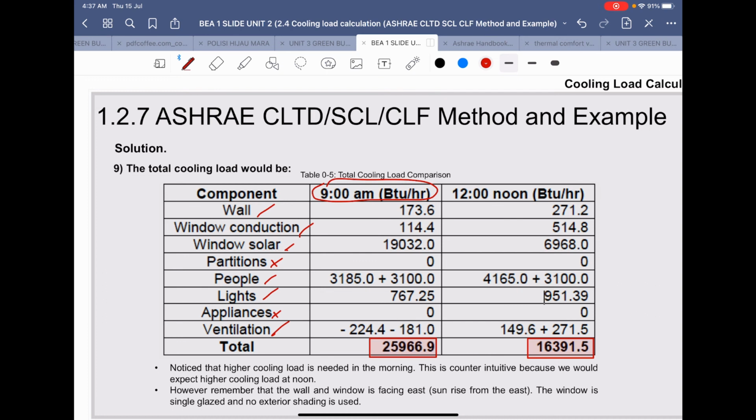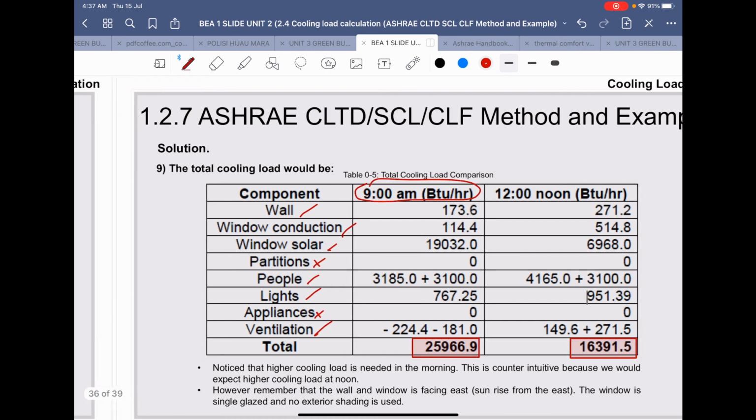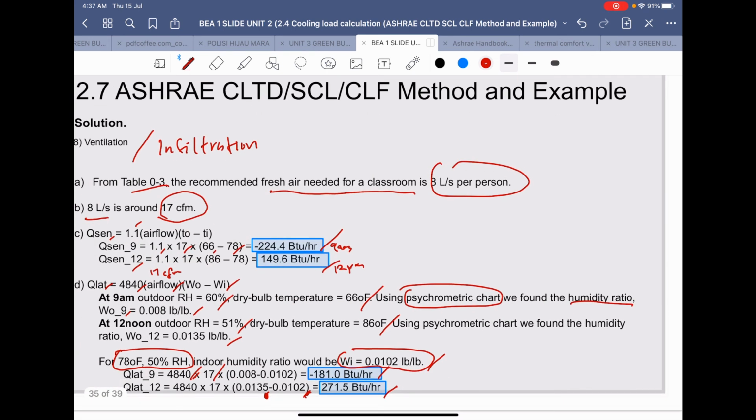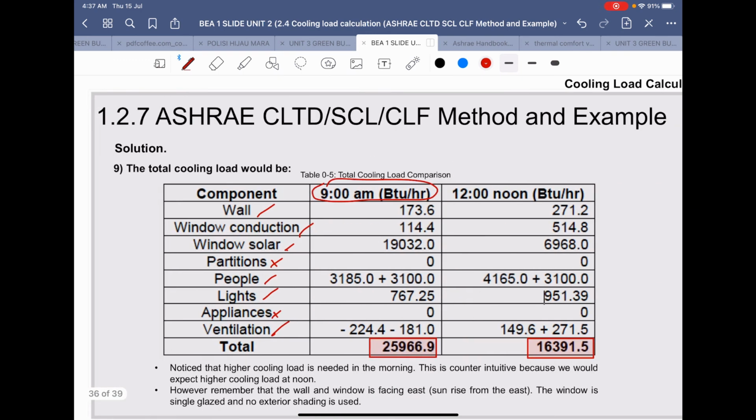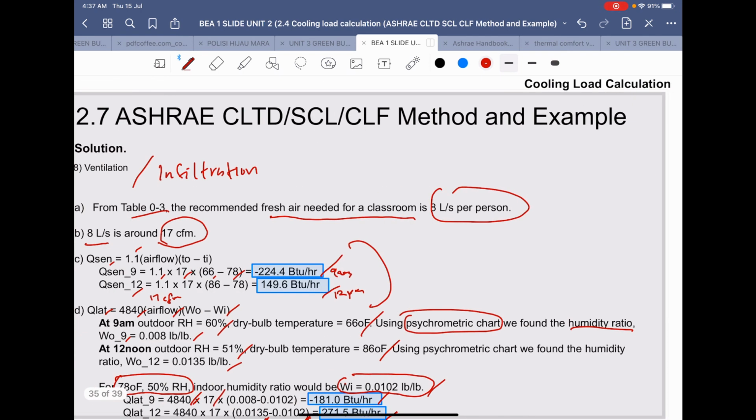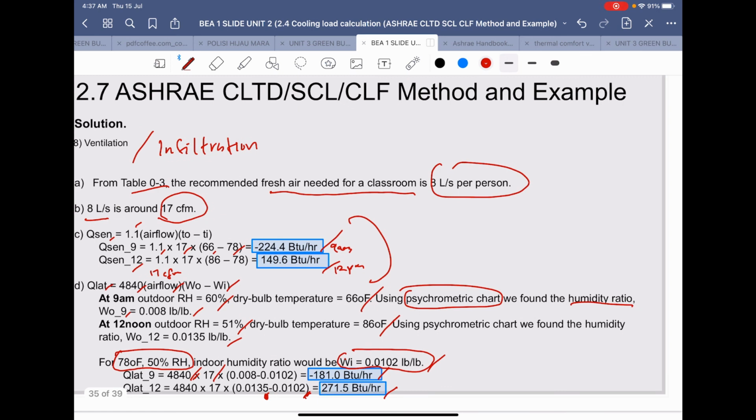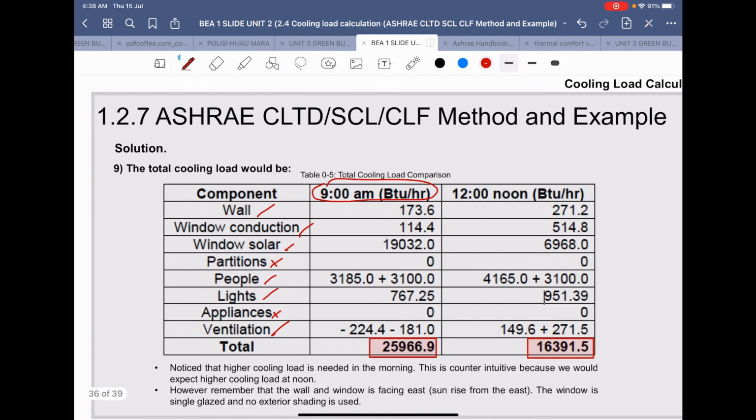For the ventilation is negative 224.4 for the Q sensible, and the latent at 9 is negative 181. So the total cooling load at 9 AM is